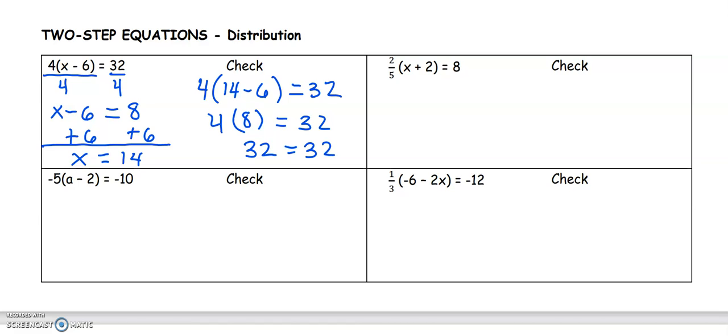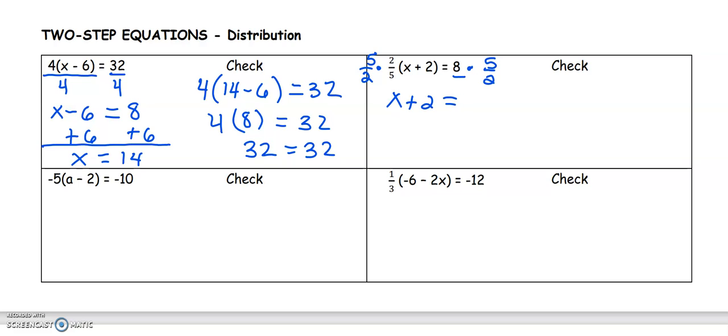We also can work with the fractions outside of parenthesis groups. Here we said we would multiply by the reciprocal. So the reciprocal of 2/5 is going to be 5/2. We did talk about this last class. Those reciprocals on the left side cancel each other out because they simplify to one whole. And in this case, we have x plus 2